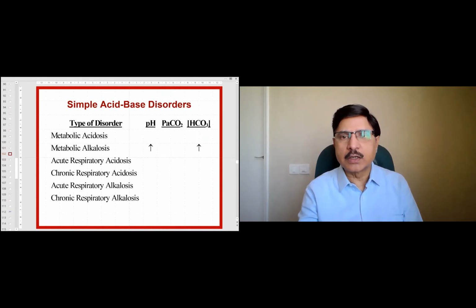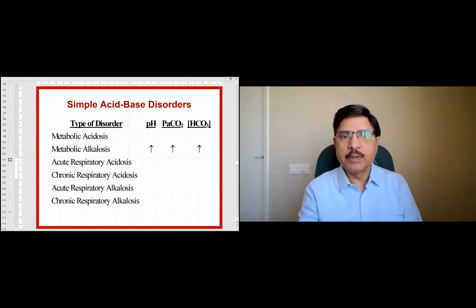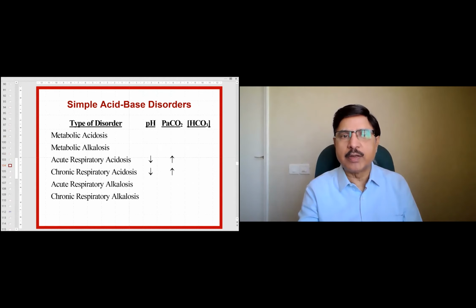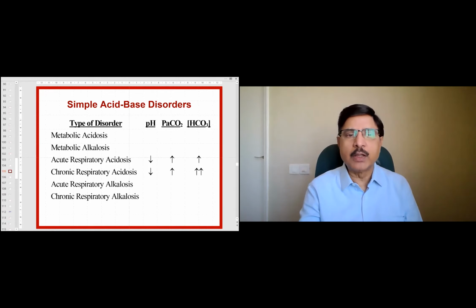So this chart also I have shown you. In metabolic acidosis the primary variable bicarbonate and pH will be down. PaCO2, the secondary variable, also will go down. In metabolic alkalosis the primary variable bicarbonate will be up when the pH also is alkaline or up, and then the secondary variable also is up. Then in respiratory acidosis the primary variable of course is the PaCO2. When the pH is down in respiratory acidosis the PaCO2 will be up, and in chronic respiratory acidosis the same thing, but the compensation is much more in the chronic because the time is there compared to the acute.